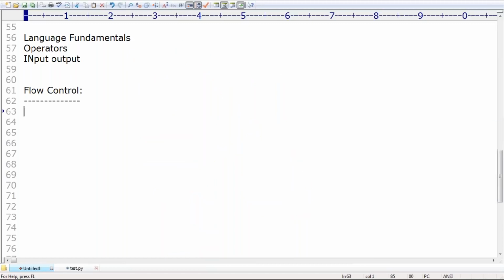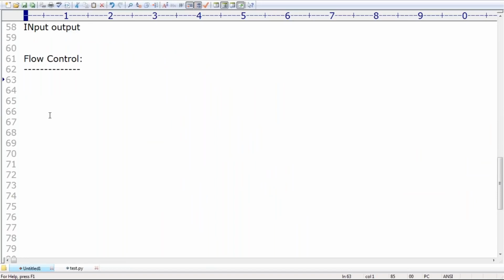At runtime, the order in which statements are executed is what we consider flow control. Flow control means very simple: I have a big program, in which order are the statements executing? What is the flow of this program? That is flow control, right?